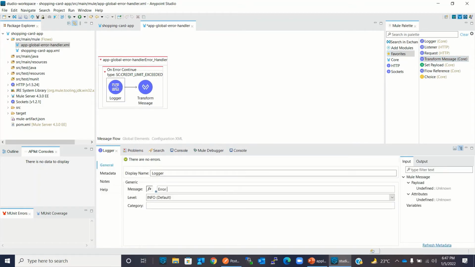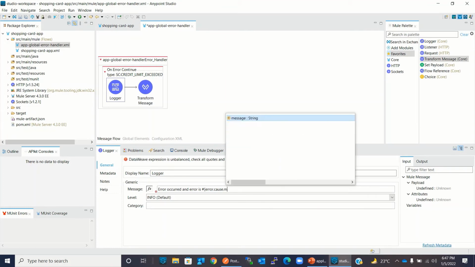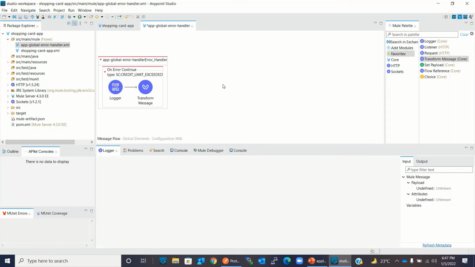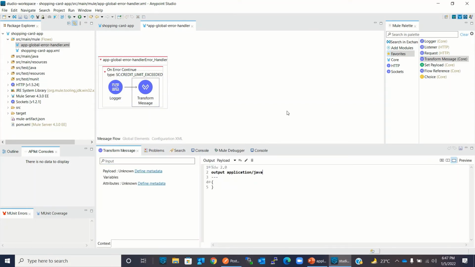I will log error occurred and error is error.cause.message, and I will set the JSON payload. Error credit limit exceeded.